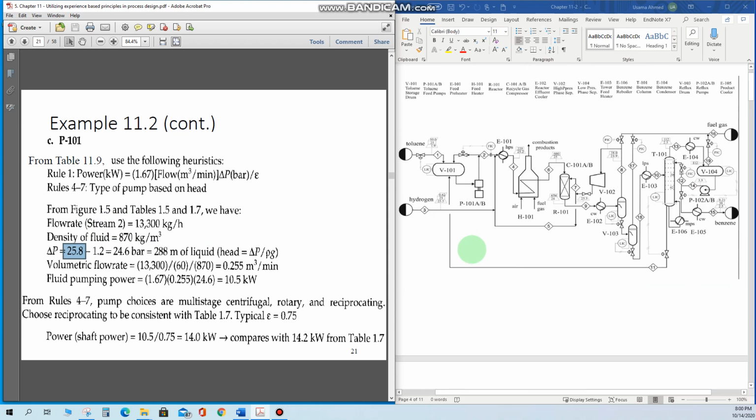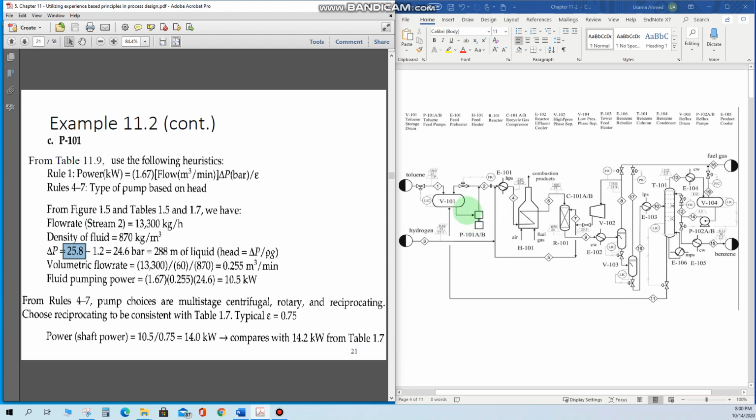Okay, but realistically, what you have to do, if some information is provided to you at the outlet of the pump for this stream, then you have to use that information. Otherwise you have to use the information for the outlet pressure that is just close to this pressure. So here he has considered stream number 2 for the outlet pressure, and 1.2 is given in the table 1.7 for the inlet pressure.